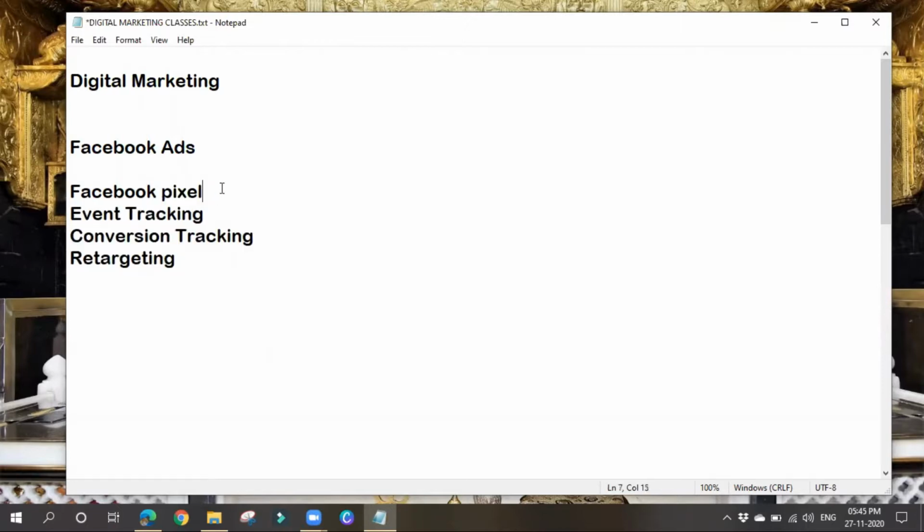So, what is this Facebook Pixel? Facebook Pixel is an analytics tool. It consists of code and we have to put that code in our website. If you put that code in our website, it collects all the data. This data helps us to track our website visitors and it also helps us to remarket people. We can also track conversions that are happening through Facebook ads. These are the various uses of adding Facebook Pixel to our website.